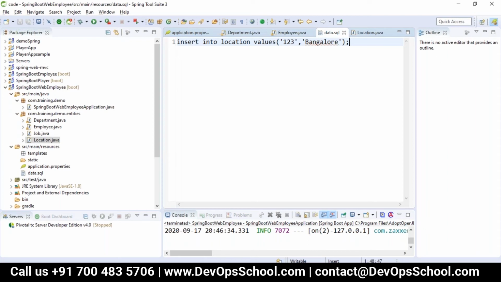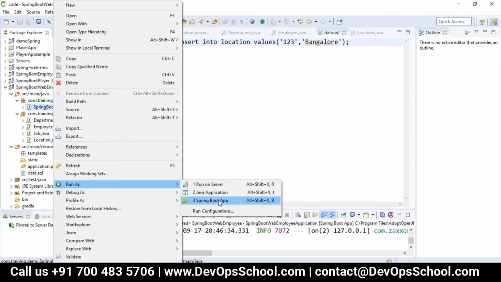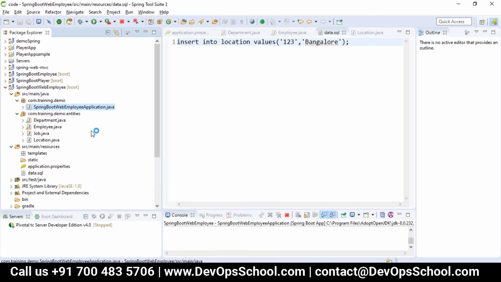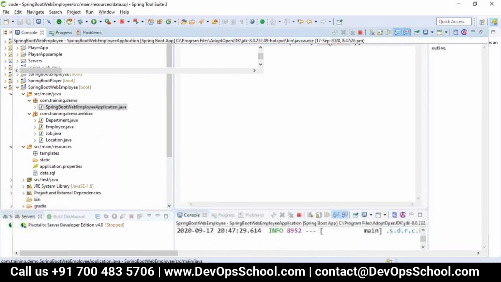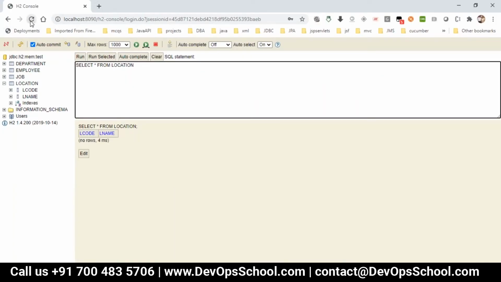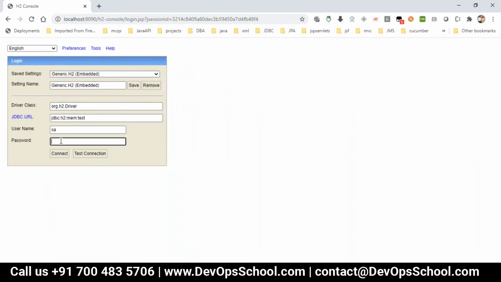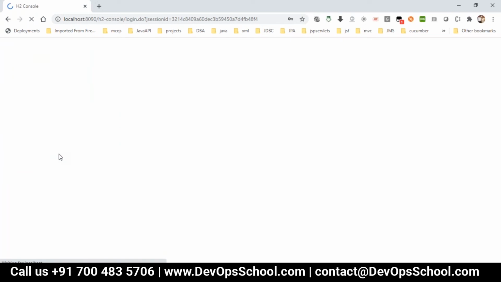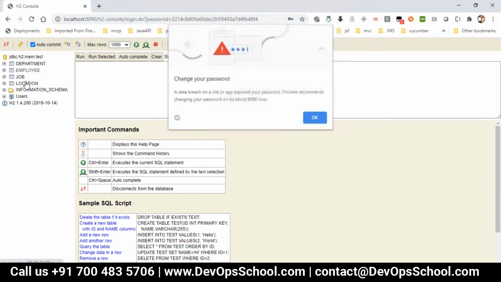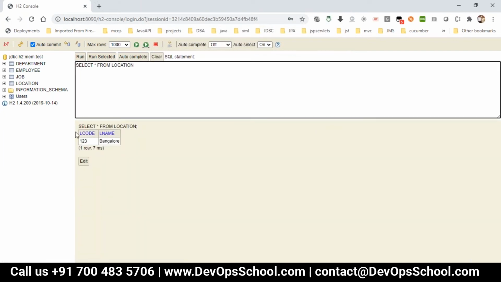I just wrote one SQL statement. After that, we'll just run this code. See, the location record also got inserted.